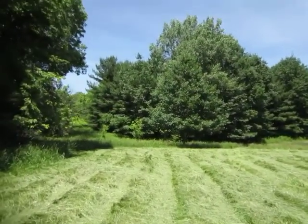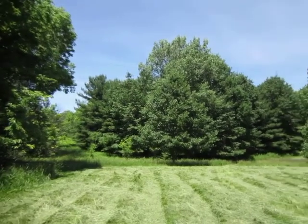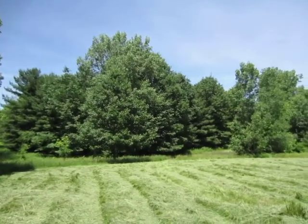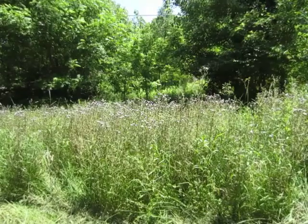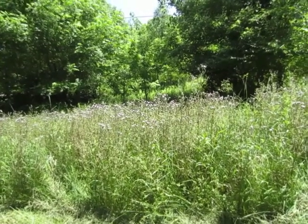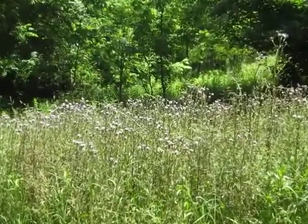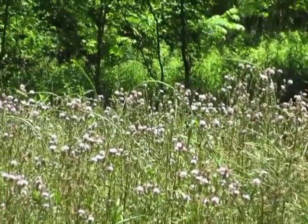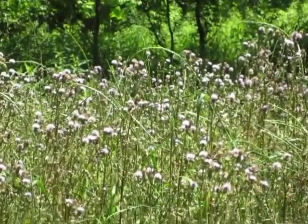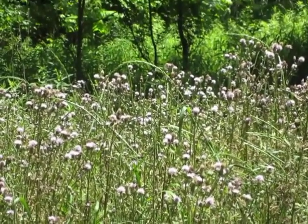Well, there's our sort of magnificent forest area. So, thanks be to God on that, I'll tell you. I think these thistles are kind of pretty myself. Now, they can be a bit of a nuisance, and I think the state of Ohio officially considers them a bit of a nuisance, but